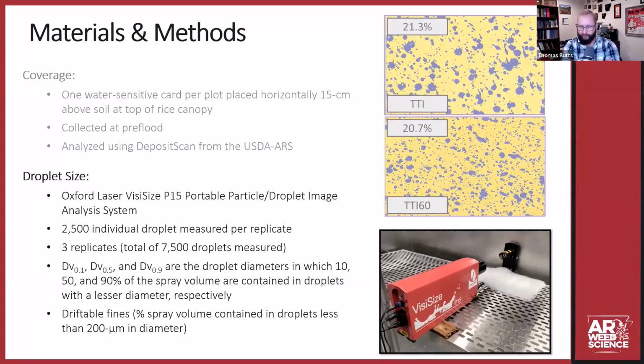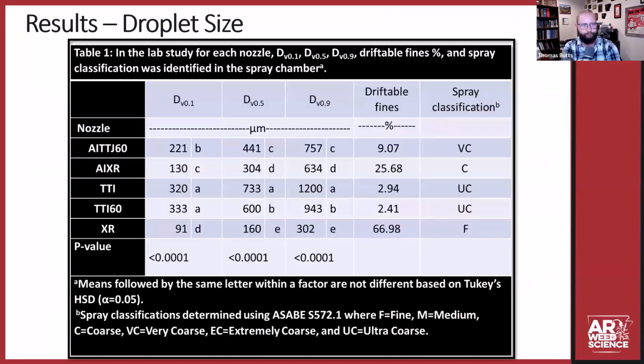So those were the measurements we got out of that lab experiment to basically assess what droplet sizes we were dealing with from those nozzles. Now, this is a breakdown of those results from that droplet size experiment. There's a lot going on here, and I'm not going to deep dive into it too much. But the main things that I'd like you to take away are that the TTI nozzle by far had our